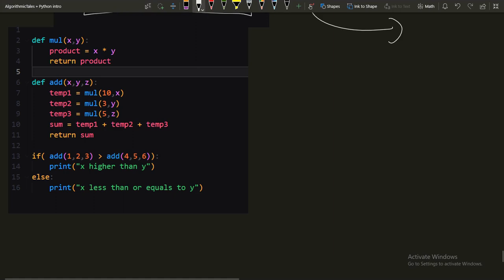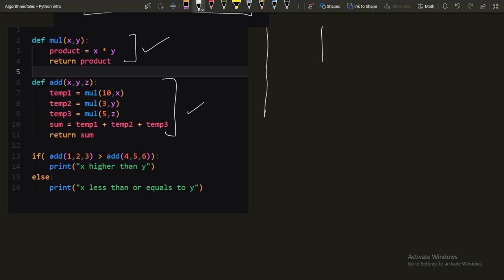Now let's try to understand the execution of this particular program. The first thing is we're defining some function that is called mul. That's fine. We've defined it. The Python interpreter has gone through each of these lines, line number 2, 3 and 4, and figured out that this is a legal and valid syntax for defining a function. It's going to do the same thing with add. Once the definitions have been gone through, because these are valid definitions,